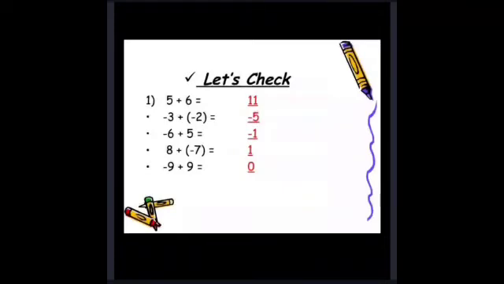In the fifth example, the number is the same but with the opposite sign. Answer will be equal to 0. When both the numbers are the same with the opposite sign, then the answer will be equal to 0. That is, -9, when it is added to 9, you will get the answer as 0.